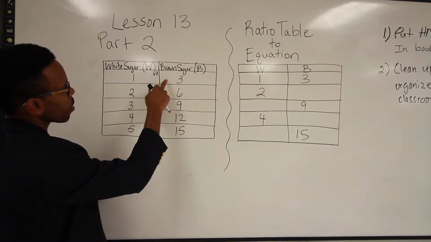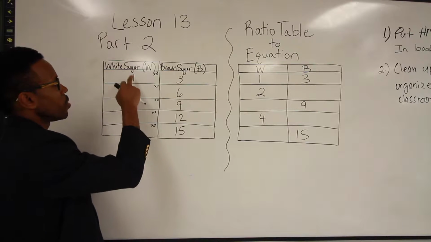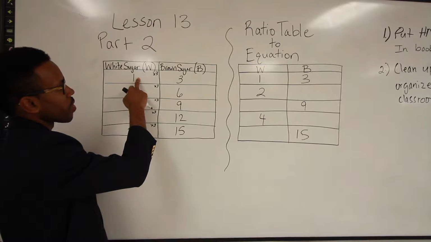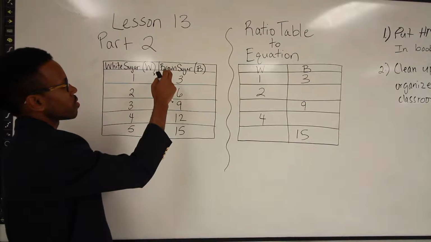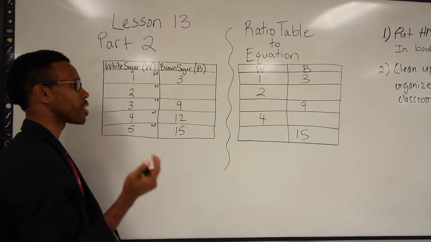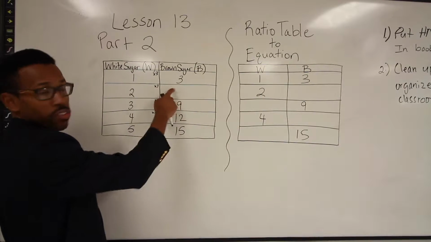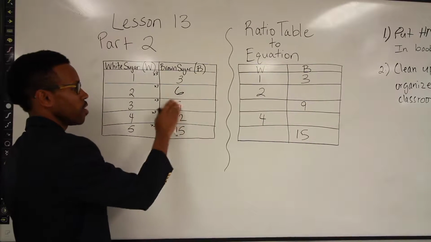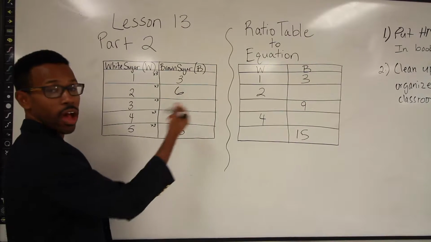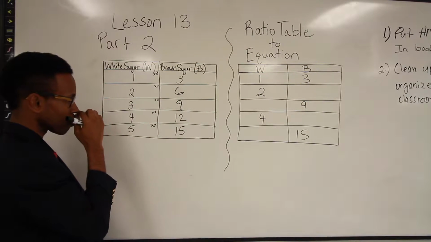Also in class we figured out, what do we do when we need to go in reverse? We know what we need to do when we have white sugar and we need to figure out the brown sugar. Let's say we took this away and we didn't see that 6 was there. We knew it was 2 times 3, and that would be 6. If the 9 wasn't there, we continue to follow the rule: 3 times 3, so I need 9 cups of brown sugar to the 3 cups